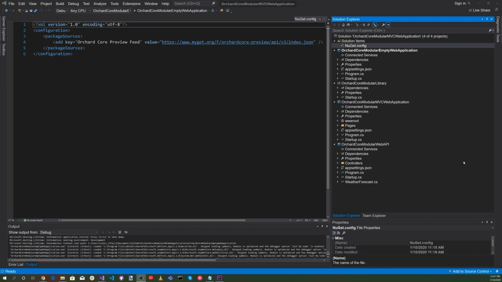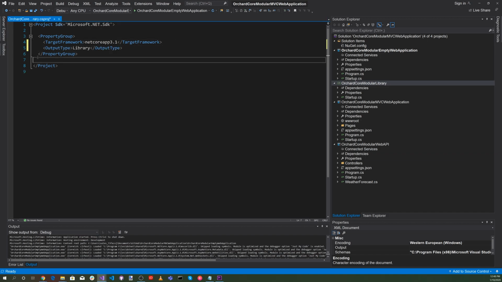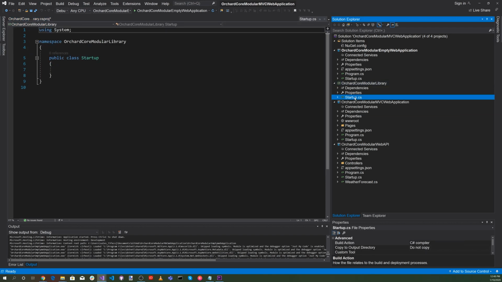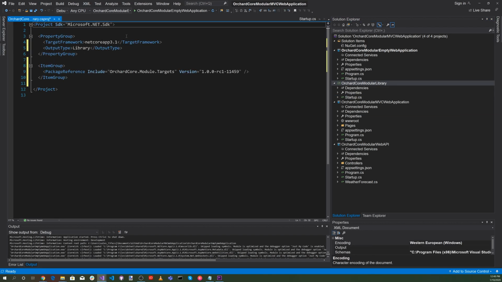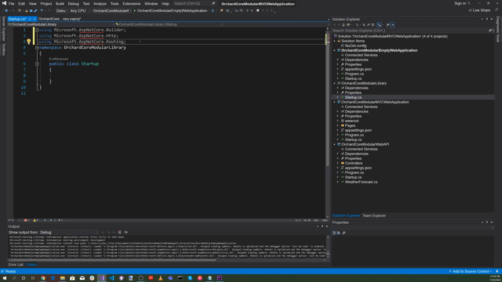Okay, now let's click on the Orchard Core Modular Library. Let's set the output type to library. Let's also add an item group that specifies the Orchard Core Module Targets NuGet package. Okay, great. So let's go to the startup.cs. And let's also add a .web. Okay, great. Now let's go to the startup.cs and add the appropriate usings, which are